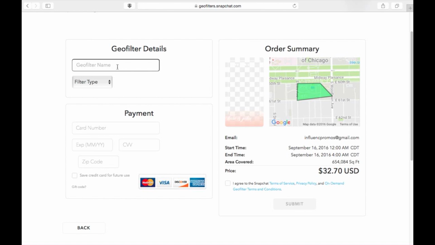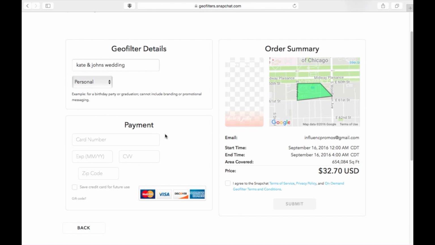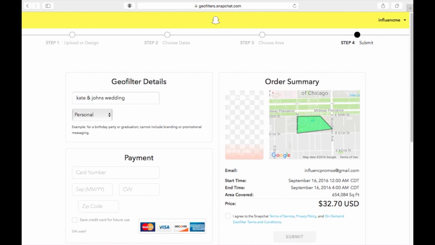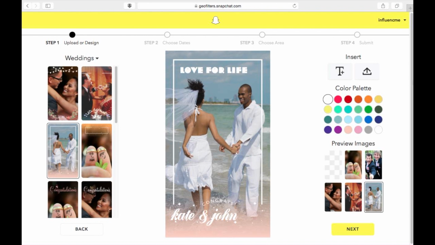So you'd put like Kay and John's wedding. And you'd put geofilter, this is personal. And then you'd put your payment, however you want to pay for it. And that's really it. So unfortunately, when you make your geofilter on Snapchat, they don't give you much